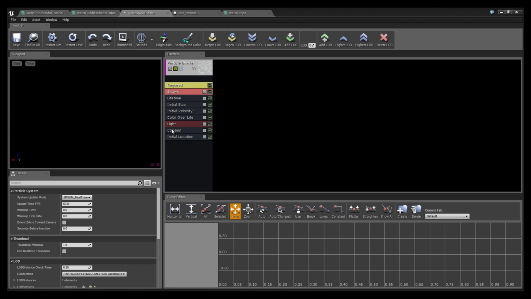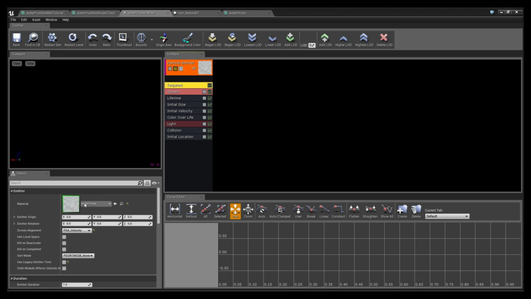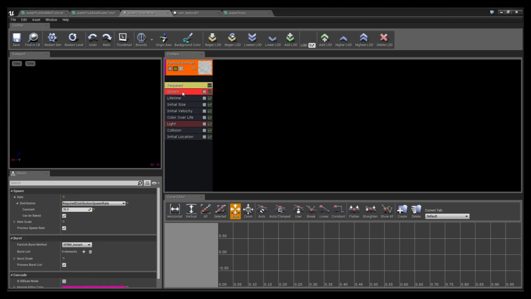Okay, so what I have here is I used the material, so I won't go through it from beginning to end like I did with the shader, because it's not that advanced. So just add the material that you created. For screen alignment, you want PSA velocity instead of square. Let's go through all the components. I spawn 35 particles,